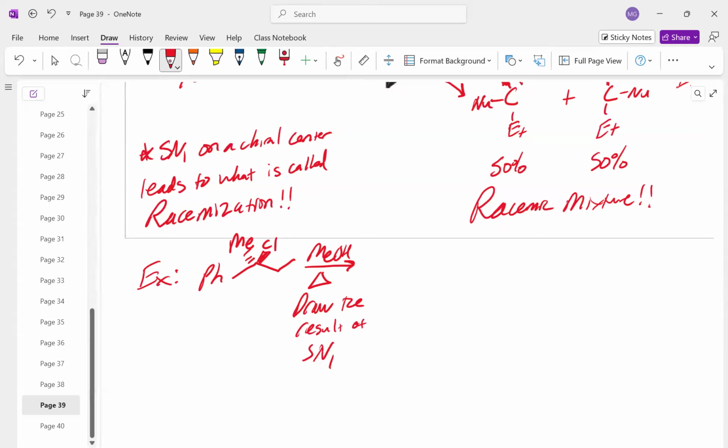Not going to worry about elimination right now. Okay, so first things first is you should always pay attention if the leaving group is at a chiral center. If it's not at a chiral center, then you don't care about stereochemistry because stereochemistry doesn't exist. But since that is occurring at a chiral center,